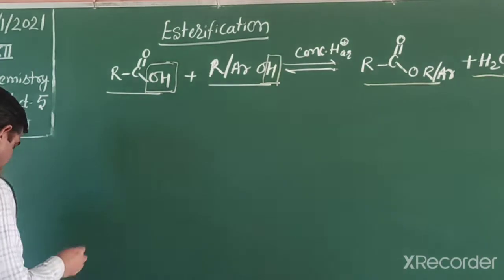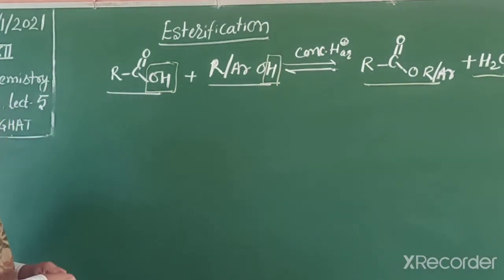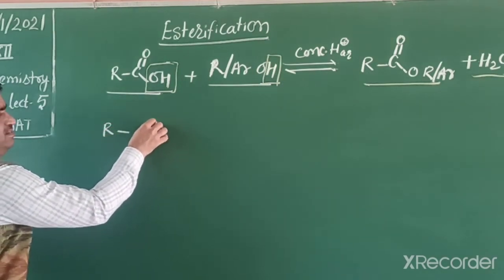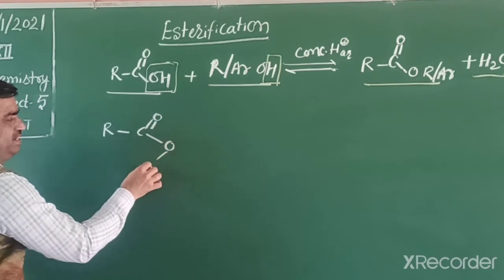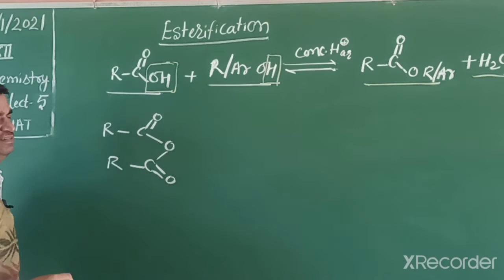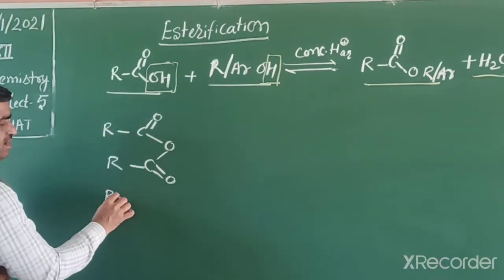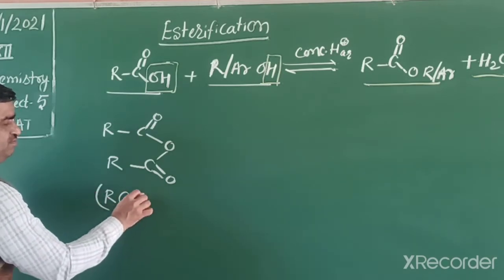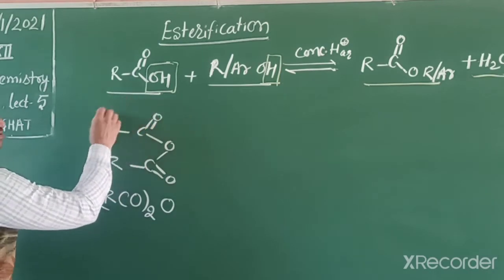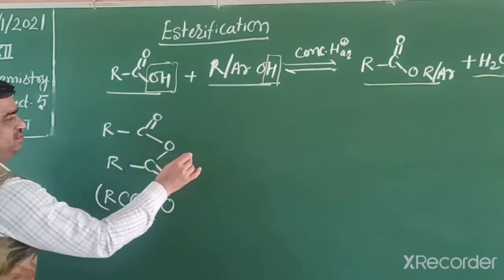Another generalization we can explain by anhydride. How can you write an anhydride? We can write it in this way. This is an acid anhydride. Students, in your book this is written as (RCO)2O, like this, RCO and RCO whole twice O. It is represented like this. When it reacts with